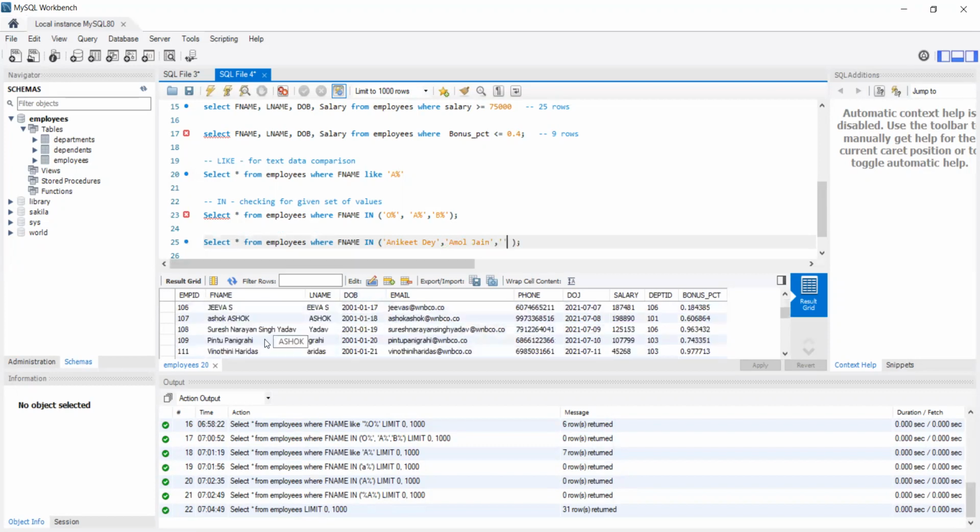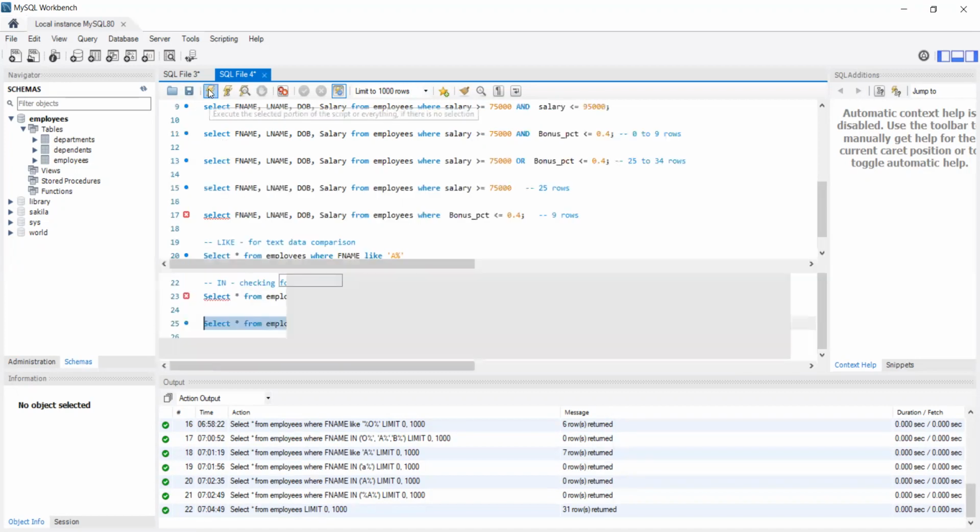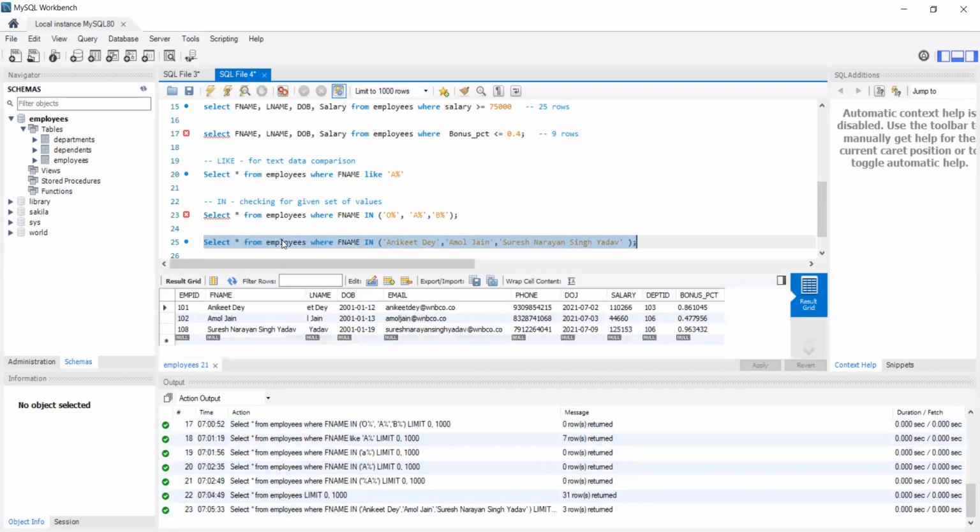So let's say I want to find these. You're right, percentage we don't give in. We simply give the specific set of values and you get those. So it will check F name in this, and you'll get data with those. Of course, if there is more than one matching, you'll get more than one row. You can use it for